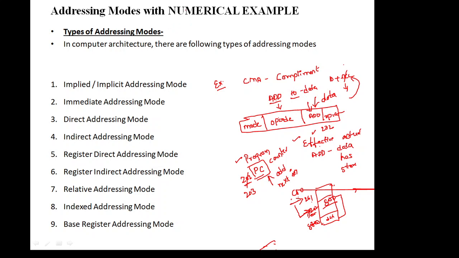And next we will have the relative addressing mode. So what do you mean by a relative addressing mode here? The contents of the program counter is added to the address part of the instruction in order to get the effective address. Fine. So that is the relative addressing mode. And indexed addressing mode: here also the effective address is stored in the memory. When XR is added with the contents of the PC, that is indexed addressing mode. So these are the different addressing modes we'll see in this class today.